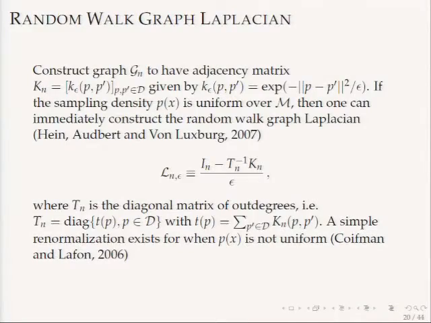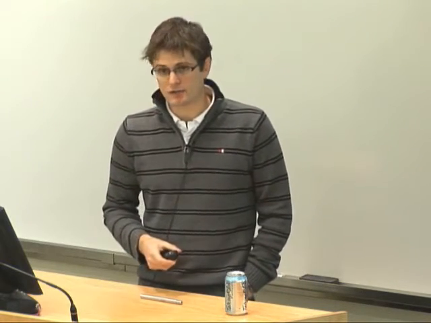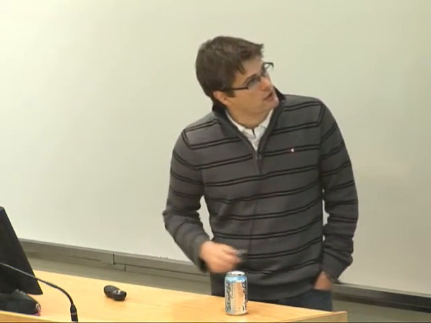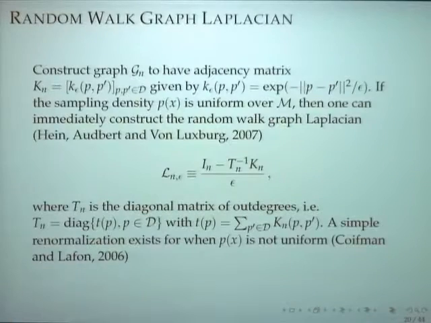And the idea is that this already exists. It's a common trick that probably some of you, or most of you, are familiar with, which is to construct a graph Laplacian by applying a kernel between every pair of points. Here I'm using the classic Gaussian kernel, and then defining this thing here, which is just a random walk on the graph. And this is called a normalized graph Laplacian. If you take the limit as you let the bandwidth go to 0, this is known to converge to the Laplace-Beltrami operator on the manifold. Now here I'm assuming that the sampling density is constant. If it isn't, there's a trick to renormalize